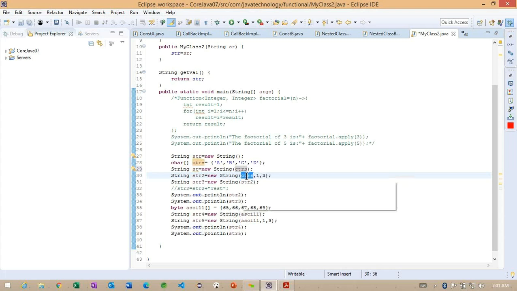Getting the point, because we are passing an array of elements, the character array. The second parameter is the index from which we want to copy the characters, and the third one expects how many elements we want to copy. I am specifying that as 3.